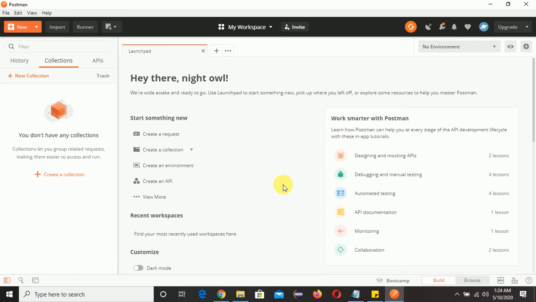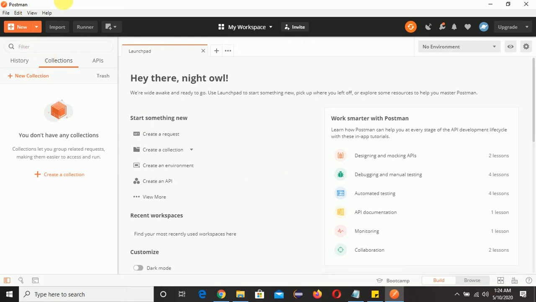In case you have missed the previous session of the Postman beginner tutorial, make sure you go through it once and learn after this session. So today's topic is how to send a GET request from Postman. Basically, a GET request is used to retrieve data from the server. Now we'll show you practically how we can retrieve data from the server through Postman.